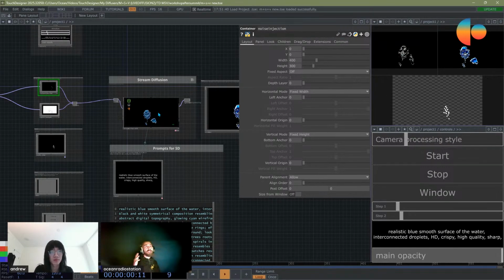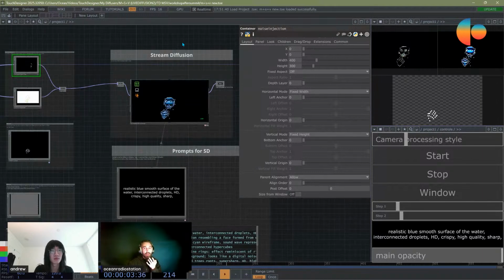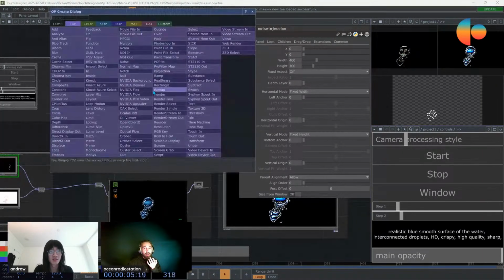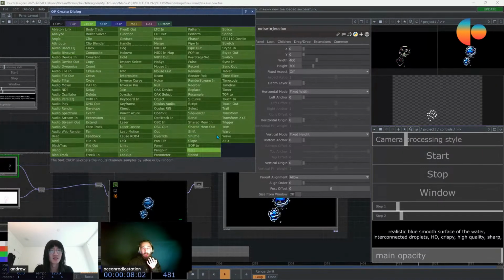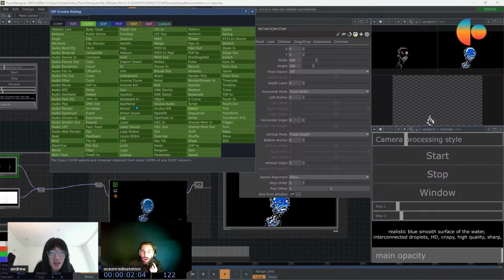So I was thinking maybe to combine all these things in Touch Designer, because you can launch audio plugins inside Touch Designer. There's the CHOP, VST In.